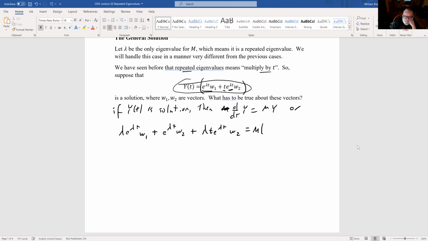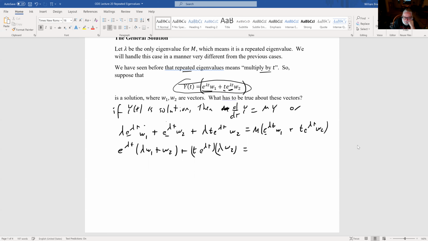So m times e to the lambda t w1 plus t e to the lambda t w2. If I group things by e to lambda t, I get e to the lambda t times lambda w1 plus w2, that's these two terms, plus t e to the lambda t times lambda w2